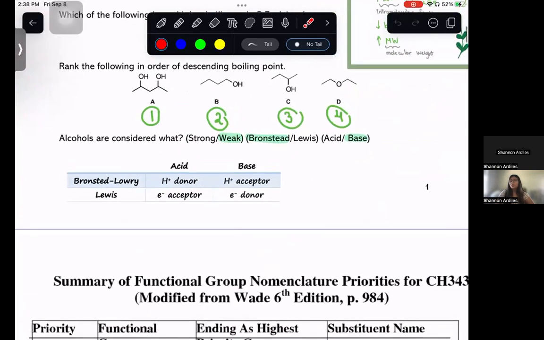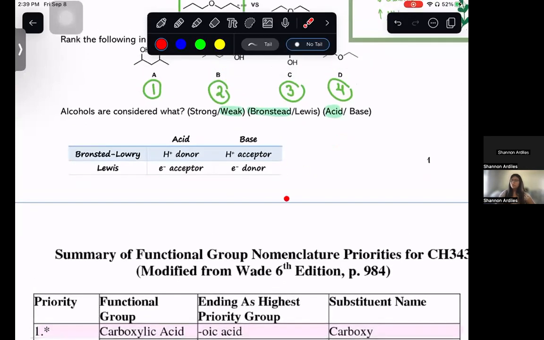And then alcohols. You guys got this one correct on SI. It is a weak Bronsted base. Sorry, that's not correct. It is a weak Bronsted acid. Okay, so let's correct that really quickly. But I told you in SI that alcohols could actually be both acids or bases. It's going to depend on the environment that you have. But in this case, just for the sake of the concept, let's say that they're weak Bronsted acids. And this is a little chart just so you can review what a Bronsted acid or base is